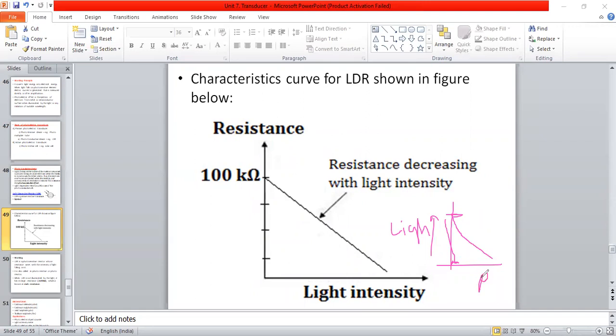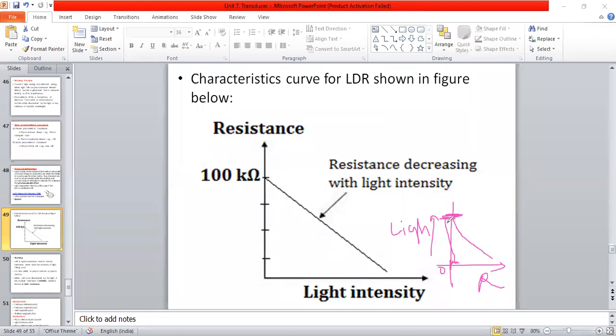This is the R here. Yes. So here 0 value is the resistance, x-axis is 0. Resistance we are considering here now. This is where light intensity is maximum. In that situation, resistance is 0. Only 0 is there.